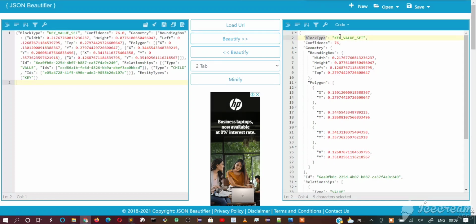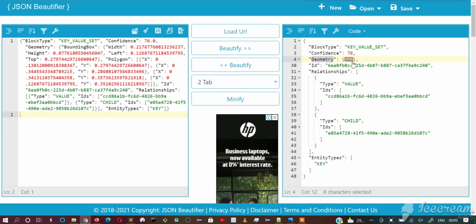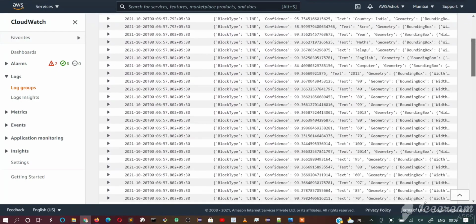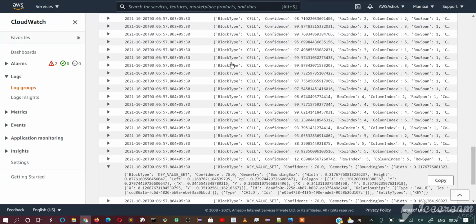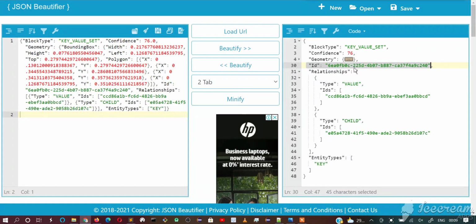We have block type key value set here. We have geometry. Let's not look into this now. And each block will have a unique ID. So these are the total blocks we have in the document or in the image we have uploaded, and each block will have a unique ID, which is like this.